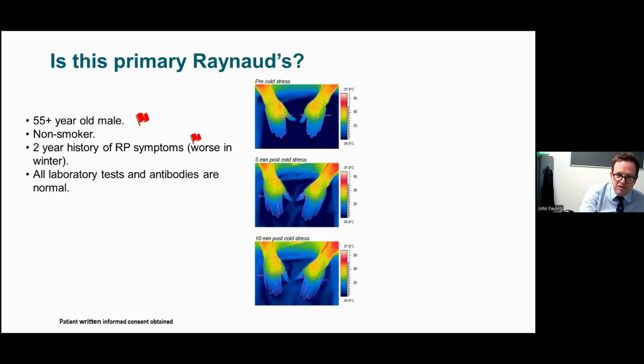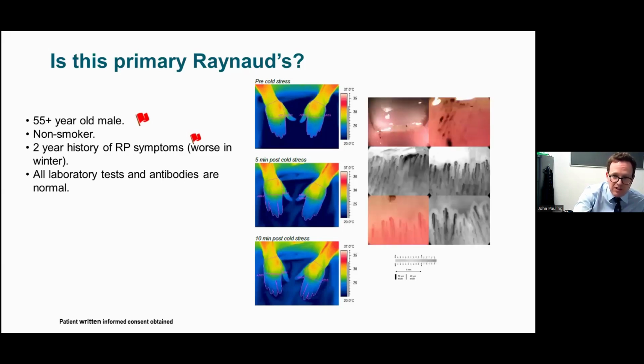The top image there shows the blood supply to his fingers under resting conditions. And then we've done a cold challenge, and actually all the images look near identical because the blood supply to his fingers was fairly poor at baseline and didn't really respond in any way to the local application of cold. His nail follicle capillaroscopy wasn't completely normal, but